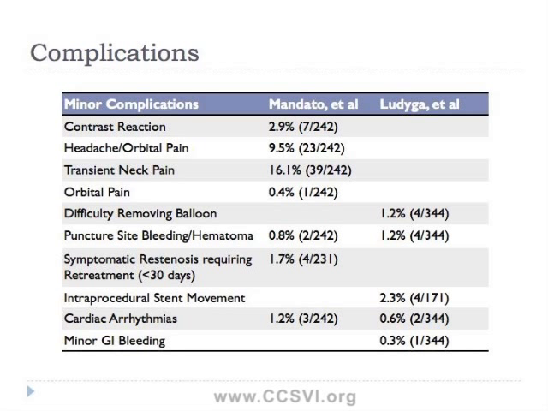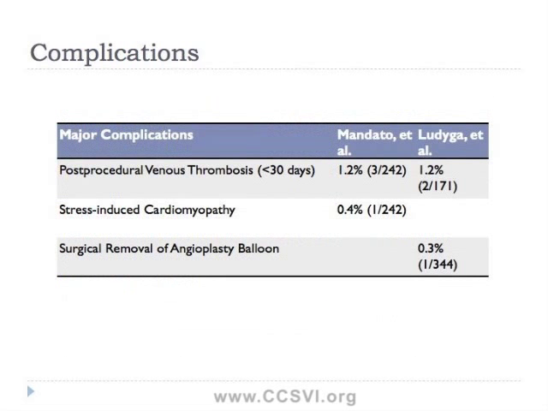Remember, importantly, when I talk about doing a venogram, I mentioned that our catheter does go through the heart, and sometimes that can cause subtle changes in the heart rhythm. So it's important to monitor the heart during these procedures to make sure that that's okay. And really everything that we've seen has been treatable. We have seen some veins clot, so that's thrombosis, within 30 days. The numbers are low, and they're actually in agreement between the two series.